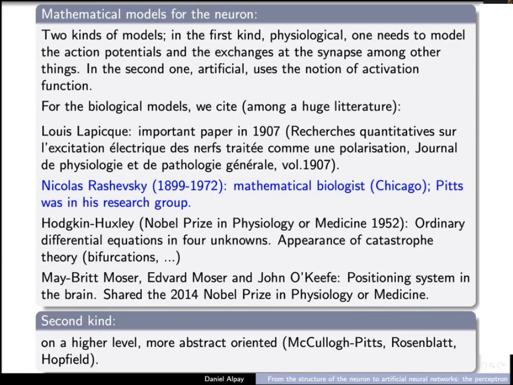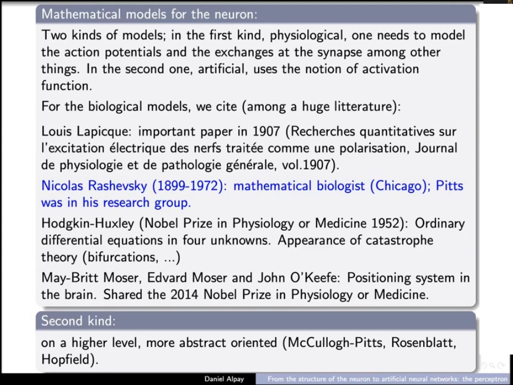And Hodgkin and Huxley, who got the Nobel Prize for their model in terms of ordinary differential equations. So when I teach ODEs, I tell my students, you can get a Nobel Prize if you get the correct ODE, but